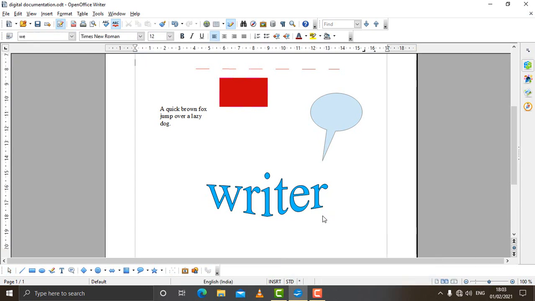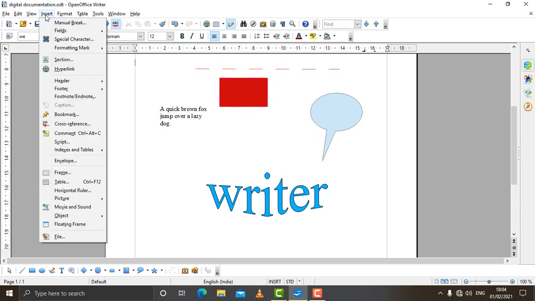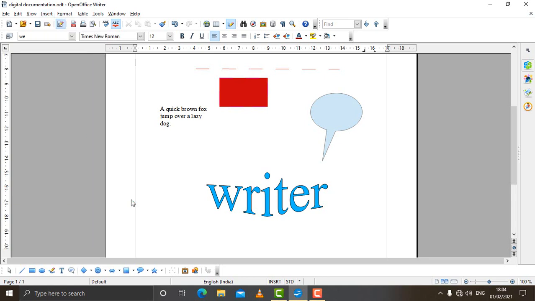The next thing which you can do in Writer is you can insert pictures also. If you have some pictures in your computer, in your hard drive, and you want to add those pictures as an object, as an informative content in the document, you can insert by clicking on the Insert menu and then clicking on Picture and click From File.